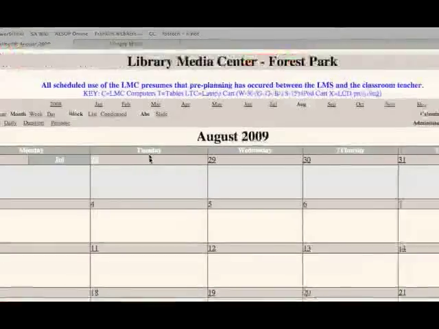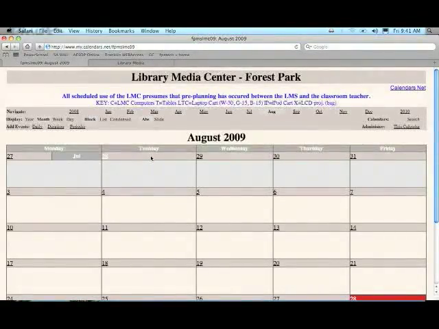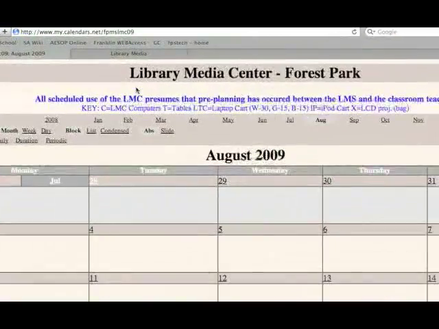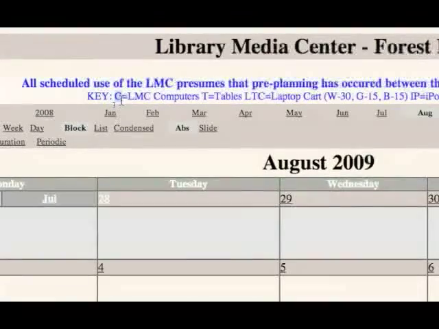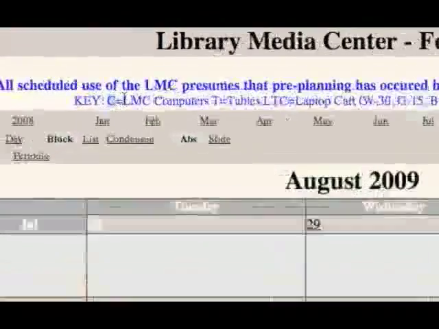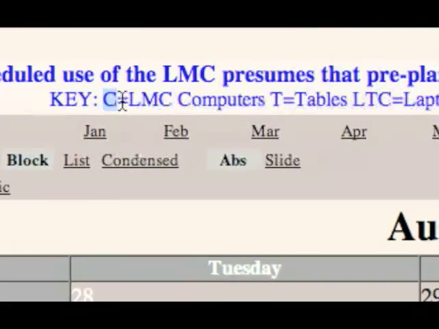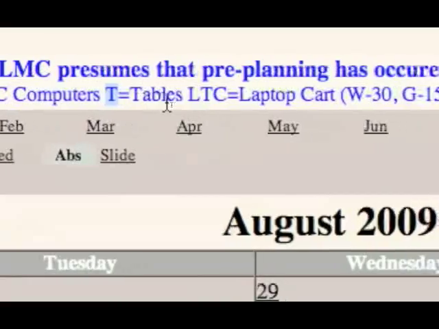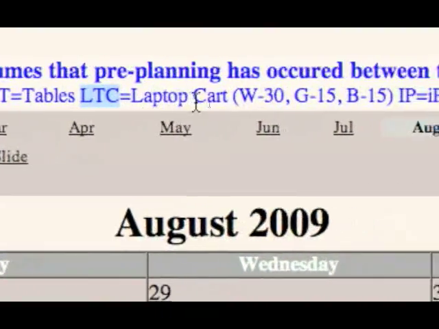Anything that is housed in the LMC, the laptop carts, the iPod cart, reserving the LMC computer area or the table area, all of that will be on this calendar. So how this will work is when you come to the calendar, because it is all on the same calendar, we've added a new little coding system. So if you want to reserve the LMC computers, as an example, when you make your reservation, you would start off by putting C, and that's the code for the LMC computers. If you want to reserve the tables, that would be a T. If you want to reserve a laptop cart, LTC for laptop cart, and then you would follow that with a